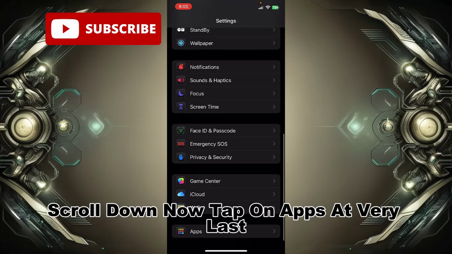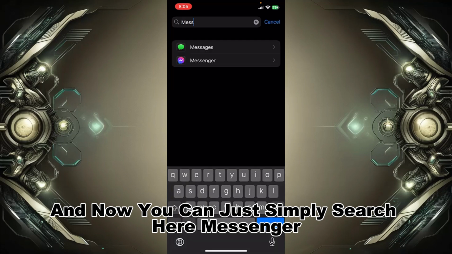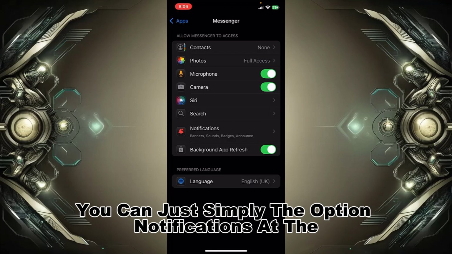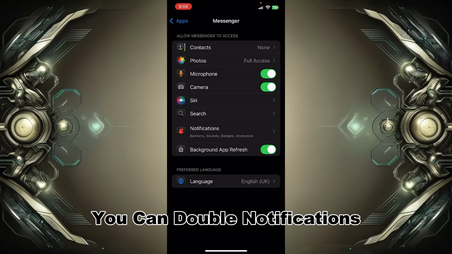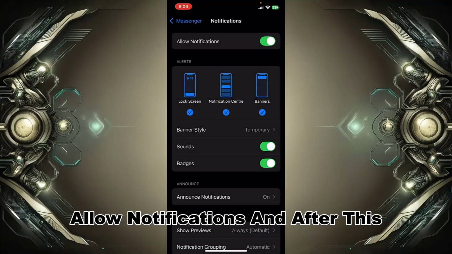Scroll down, now tap on apps at the very last, and now you can just simply search here Messenger, and now you can tap on the Messenger app. After this you can just simply see the option notifications at the bottom. Now you can tap on notifications and make sure that you enable allow notifications, and after this the issue is